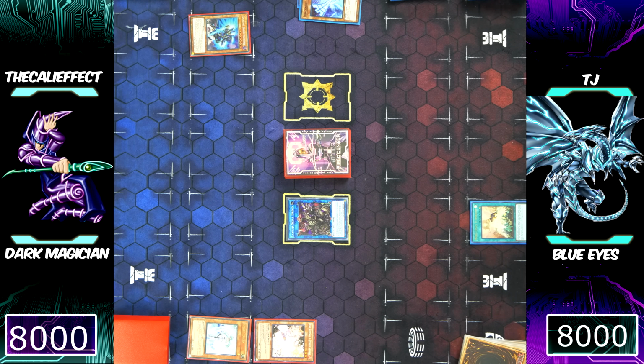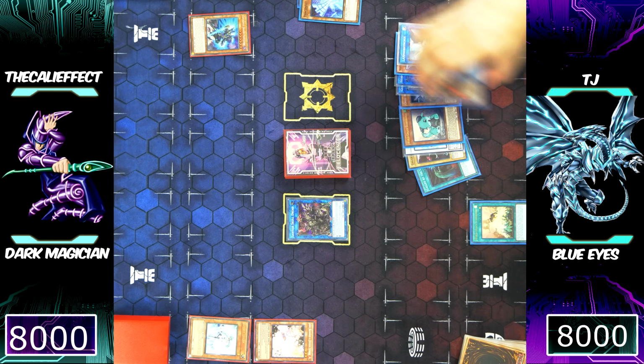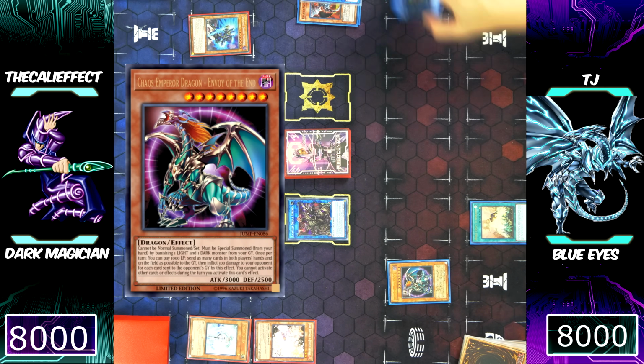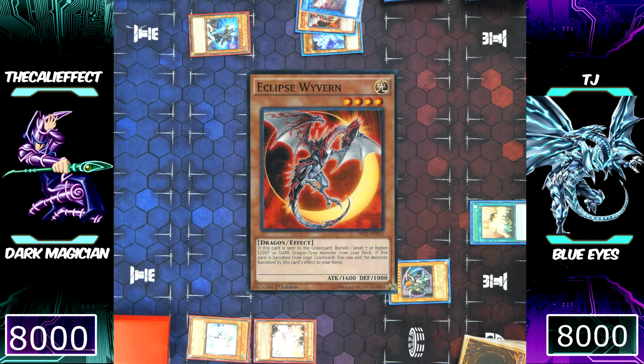Thinking about his next move, we know he has a Chaos Emperor Dragon in his hand. He's actually going to banish the Guardragon Pisty and Eclipse Wyvern to special summon it. And now the Chaos Emperor Dragon is 3,300 attack. That's pretty respectable. He can now use the effect of his Eclipse Wyvern